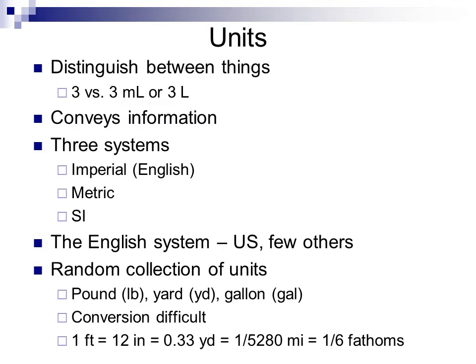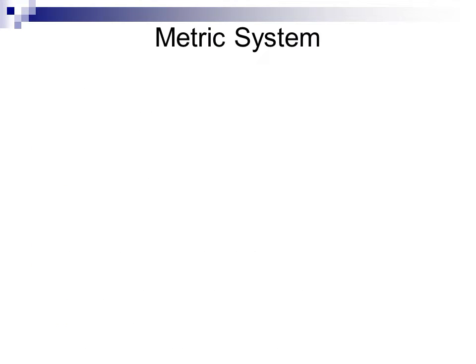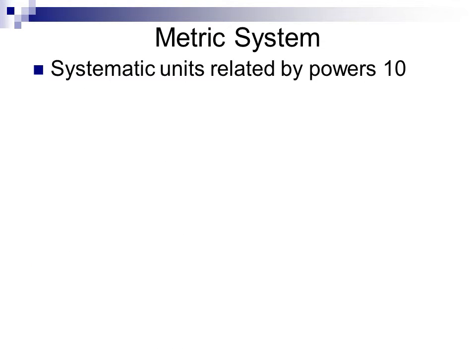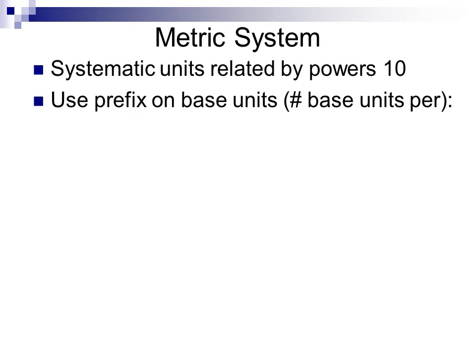The English system, used in the United States, is a random collection of different units. You have things like pounds, yards, gallons, and their conversion between. The metric system, on the other hand, uses powers of 10 to relate their units. What we basically do with the metric system is we have a base unit for whatever value we're measuring, like a gram for mass or a liter for volume, and we'll use a prefix to indicate the number of base